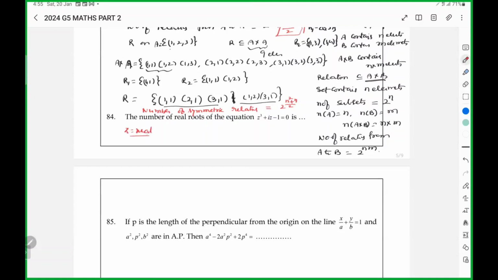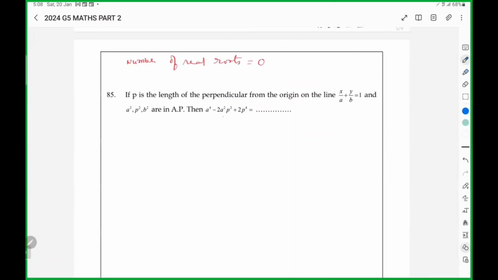Z is real. Z cube becomes real. Z cube minus 1 is real. But i into real is non-zero imaginary. So whatever Z here,